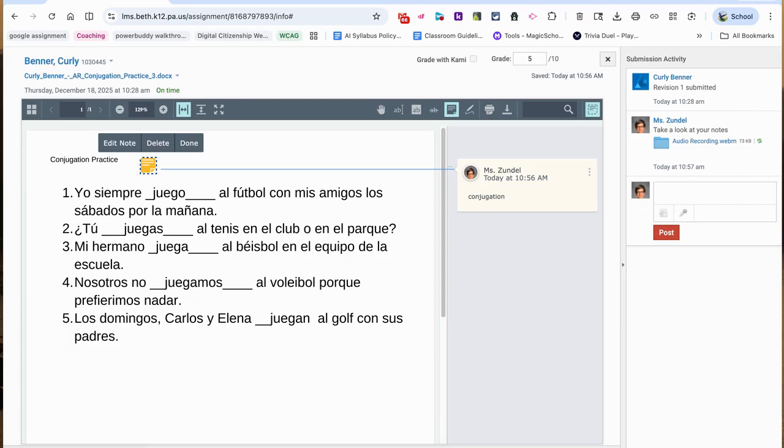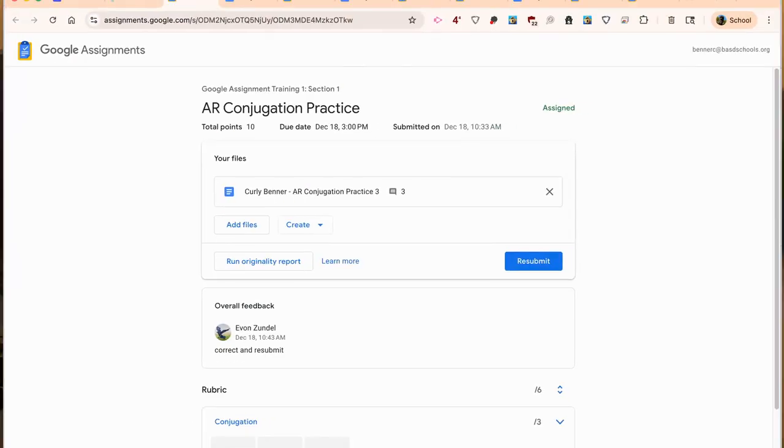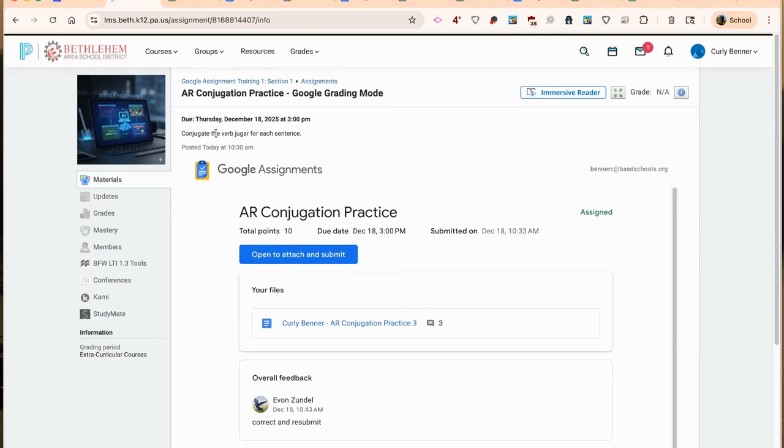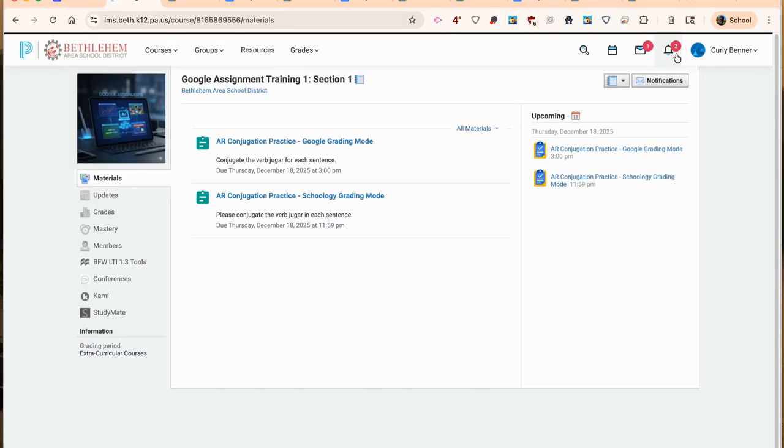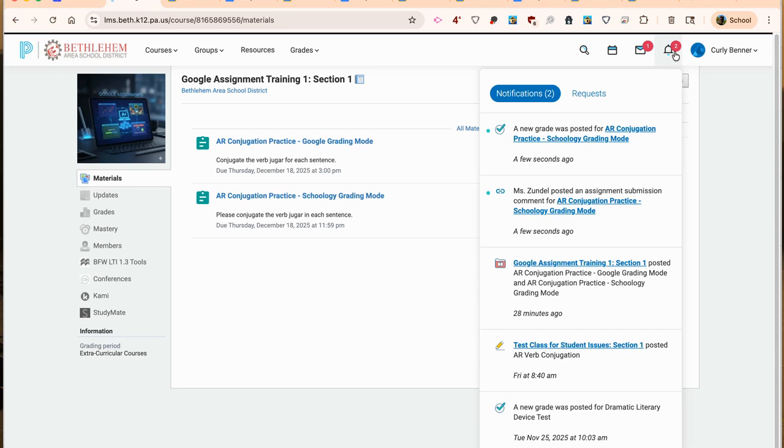So on the student side, because this is a Schoology grading, so it's a Google assignment, but I'm using the Schoology grading mode. When I go to my Schoology notifications, I see that a new grade was posted. So I do get the Schoology notifications in here if it is a Schoology grading mode, whereas in the Google grading mode, the student has to go to their email pretty much, or go to the assignment, or their grades